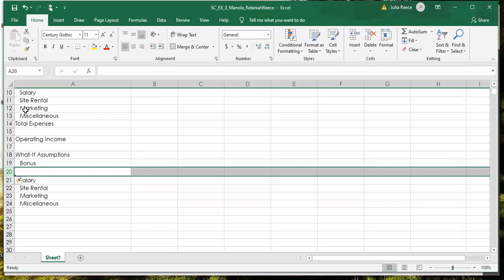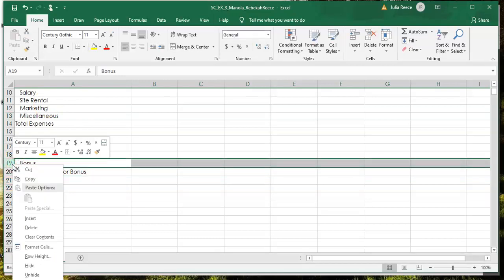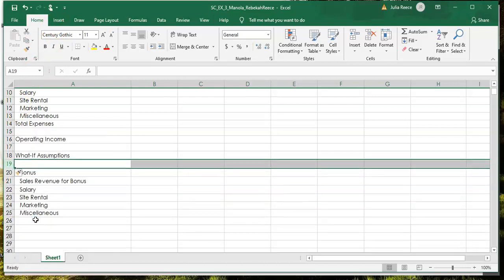So 20 is an empty row, and this is where we're going to add another part of our what-if assumptions, which is sales revenue for bonus. Now we're going to go to row 19, and we want to click the heading for row 19, and we're also going to choose insert, and so it will put a row,